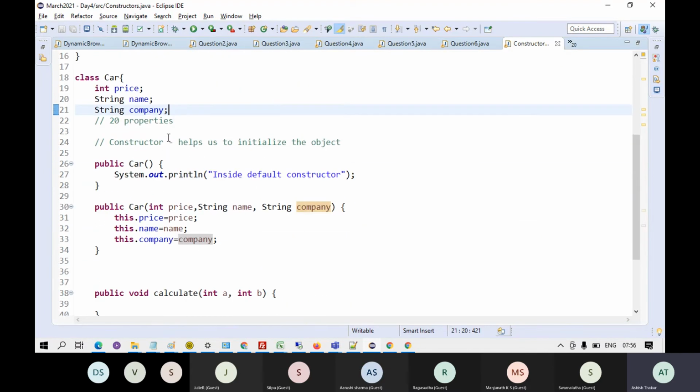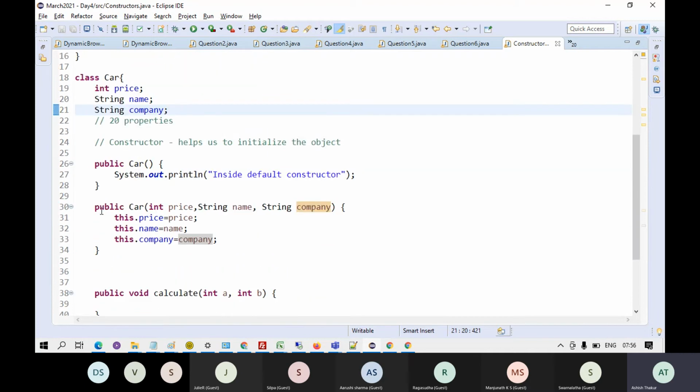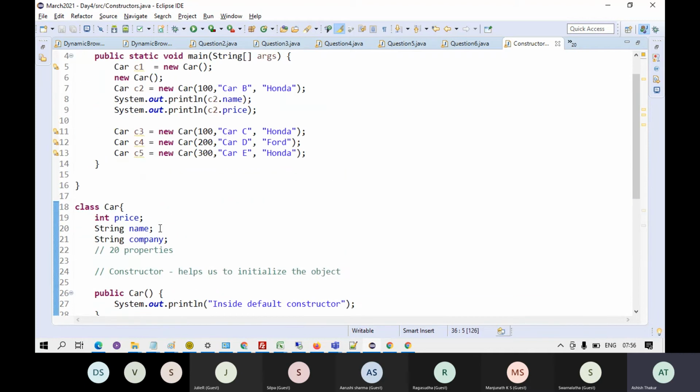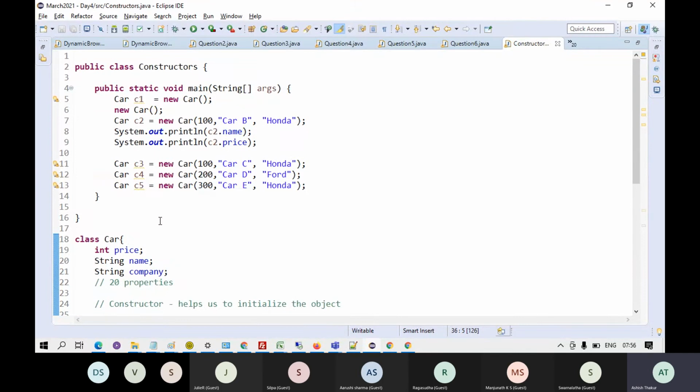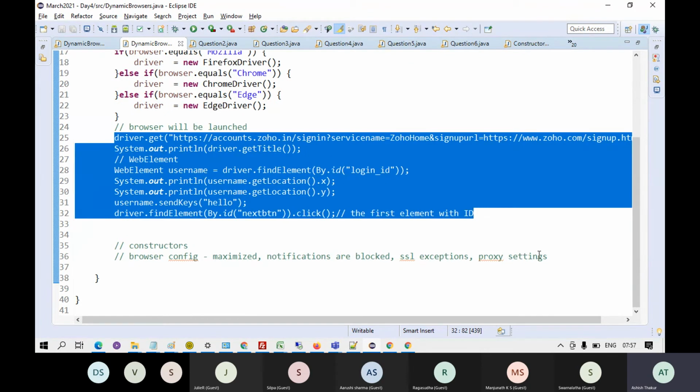Okay, so this is about constructors, right? You can overload them. And we will be using constructors for Firefox driver, Chrome driver, Edge driver. We will be using the overloaded constructors in order to achieve these goals which I have told you.